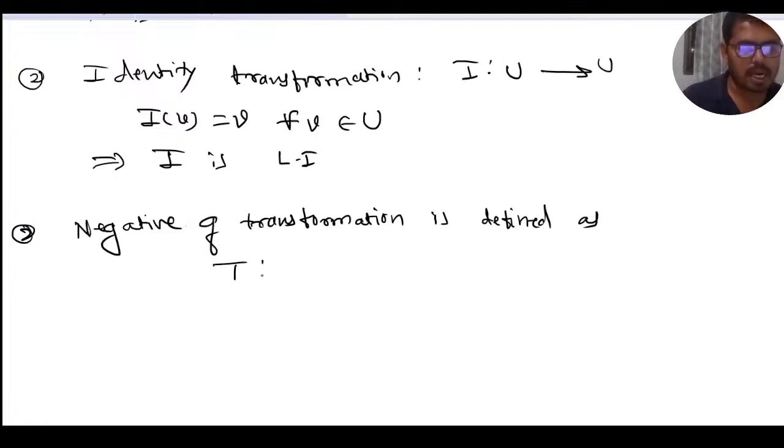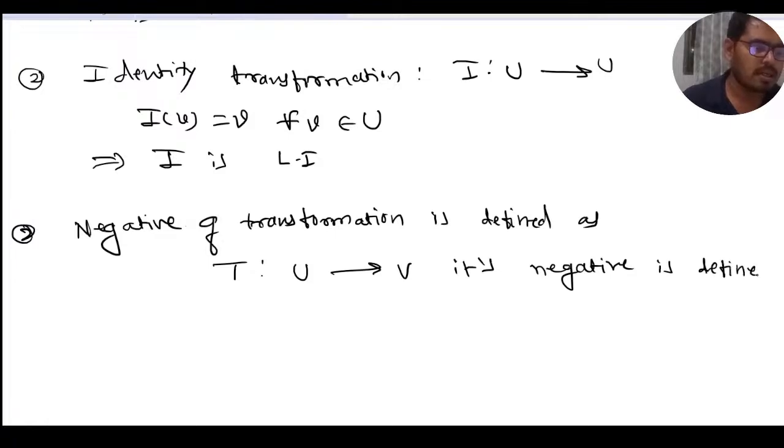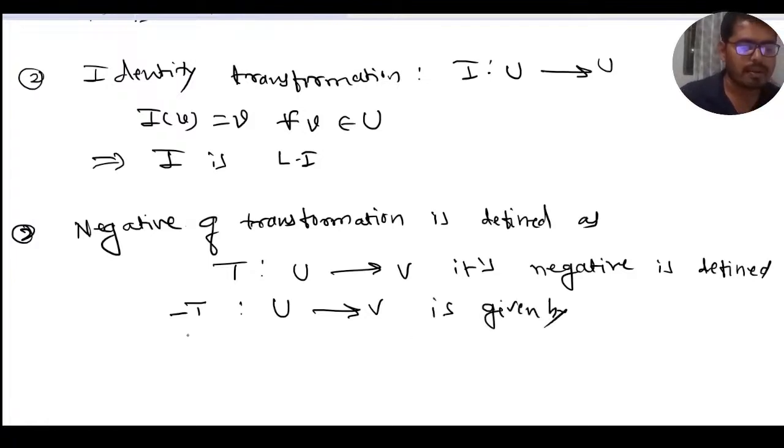If T is a transformation from U to V, and its negative is defined as minus T from U to V, it is also a transformation from U to V and is given by